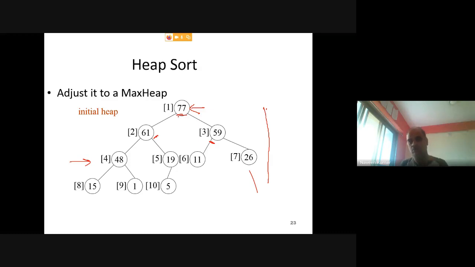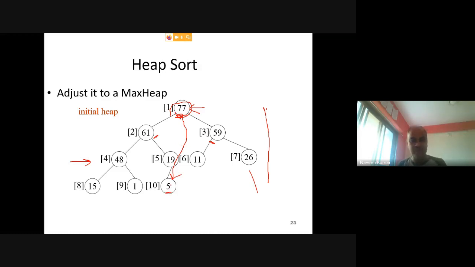Now, how can you sort? In this case, let's assume that you want to sort them in increasing order. Then this root element should come at the last position in your array, means it should come here. So do it in the same way: swap this first node element with the last place element. So 5 will come here and 77 will go here at the last place.